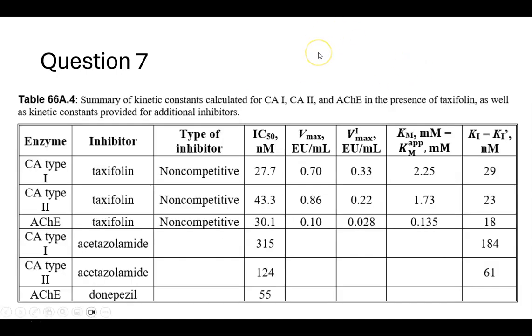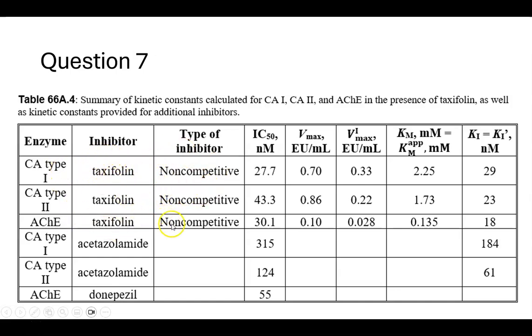So I made myself a nice summary table. The other thing that I did just to help me with the subsequent questions is I added some of the other information that I gave you in some questions. So I have my enzyme and my inhibitor, and I don't have all the information here, just what was even in the paper. So these three